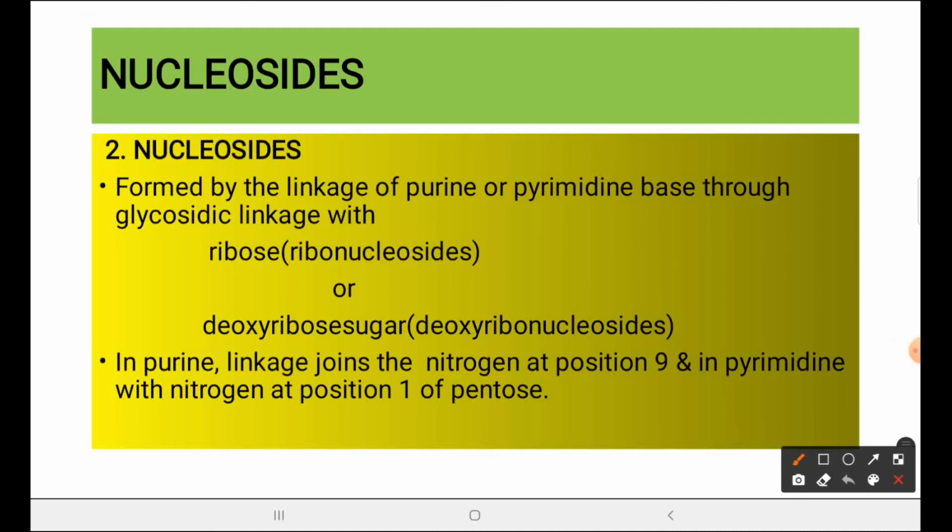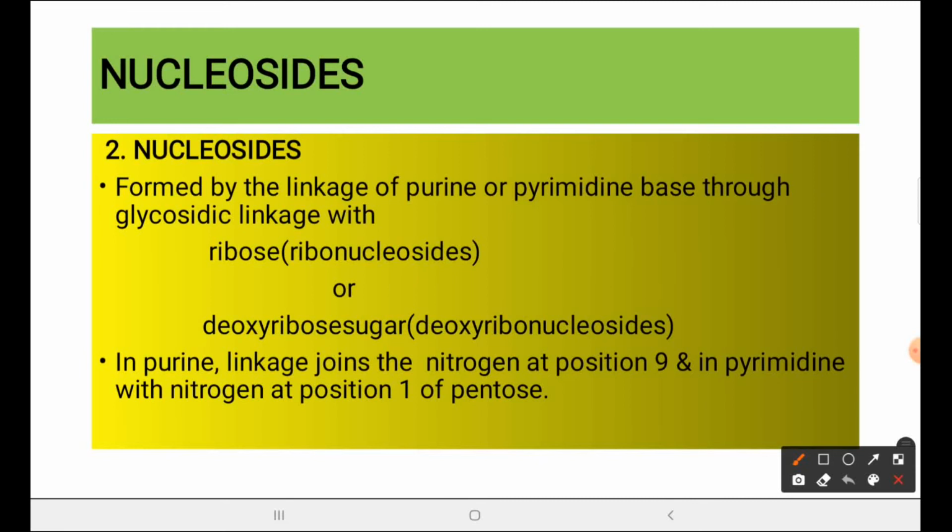Okay, to which are they attached? To ribose sugar as well as deoxyribose sugar. If you delete the phosphate part, then whatever is found in the nucleotide, that is your pentose sugar along with nitrogenous bases, because you know that nucleotides are formed by the combination of phosphoric acid, pentose sugar and nitrogenous base. So the pentose sugar and nitrogenous base together are known as nucleosides. How are they attached? They are attached by means of a beta N glycosidic